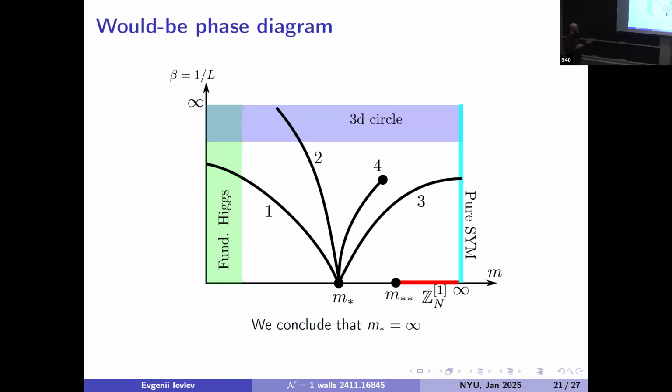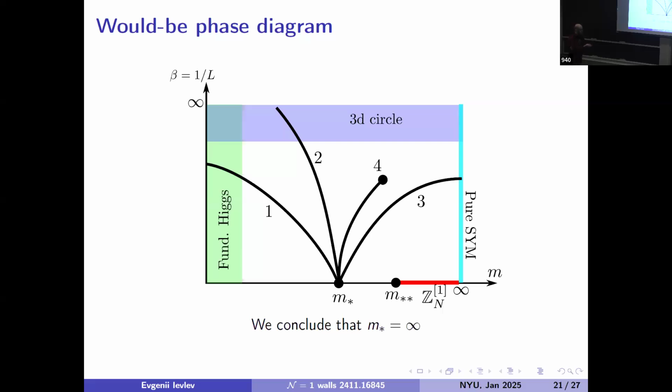Okay, so then we made the following argument. Let's consider this plane. On the x-axis is the bulk quark mass, and on the y-axis, L is the length of the circle which we compactify on. So L equals infinity is the original theory, and small L corresponds to higher